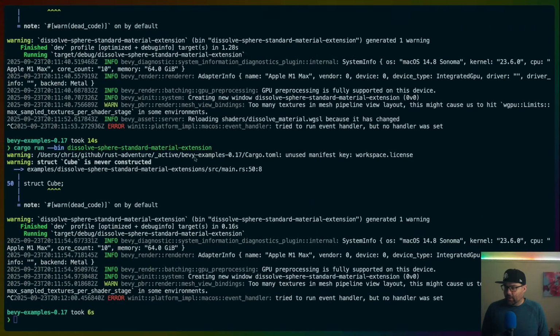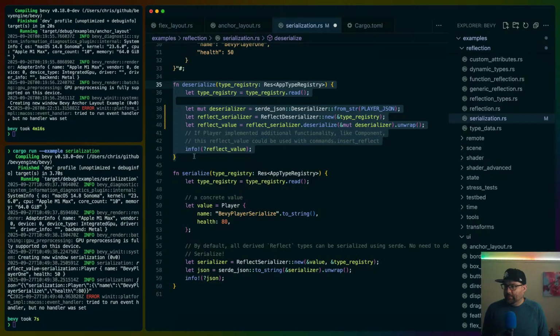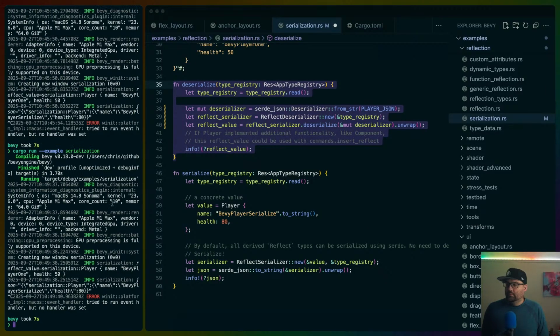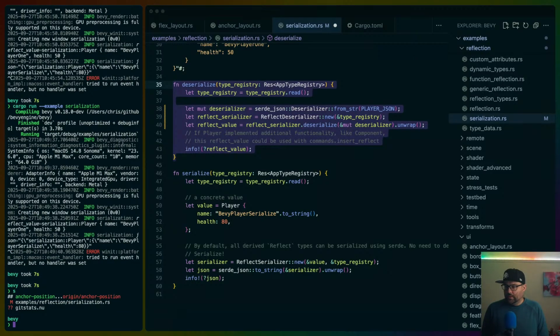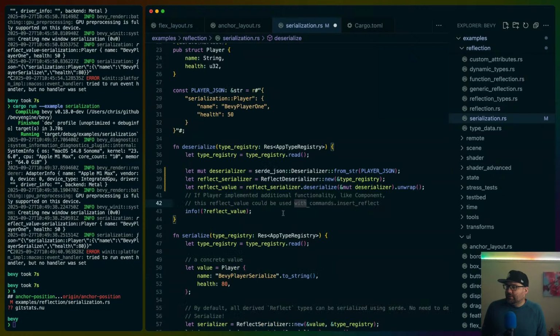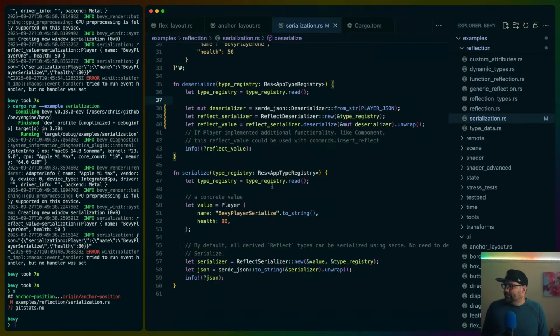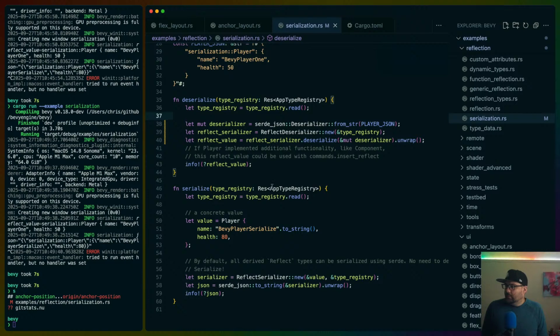So I think I have that open here. I'm gonna stash some. I don't know. I was going to maybe update the serialization for reflection example. Mainly just because the